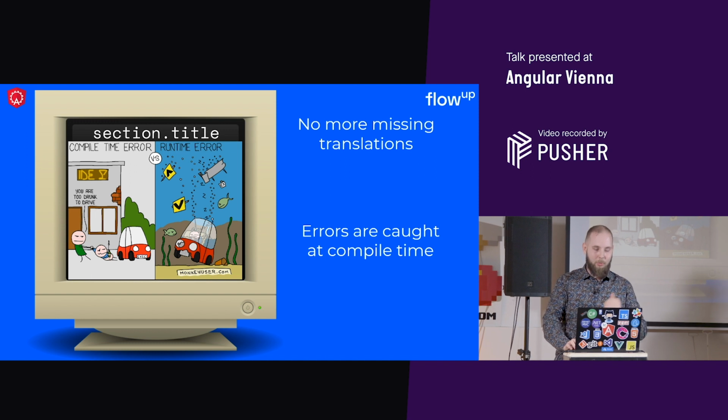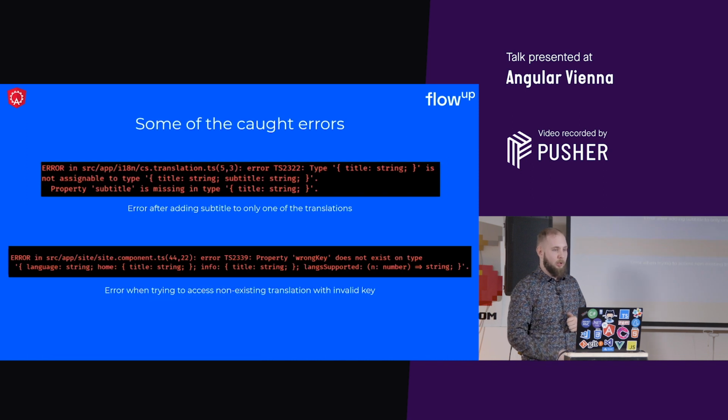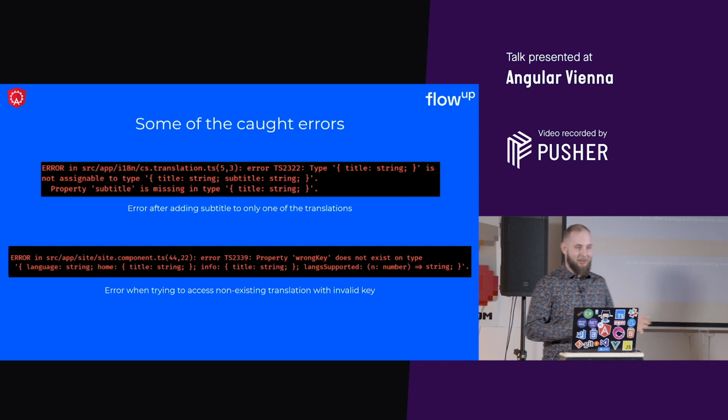TypeScript is great. It will tell you at build time that your product is not ready to be shipped. These are some examples of an error. Again, you cannot see the error, but you can imagine that they are pretty horrible. No, they are not. They are actually telling you that, for example, the first one is telling you there is